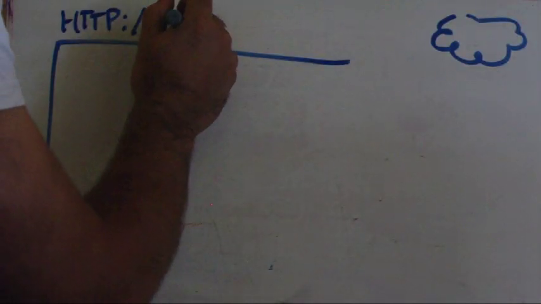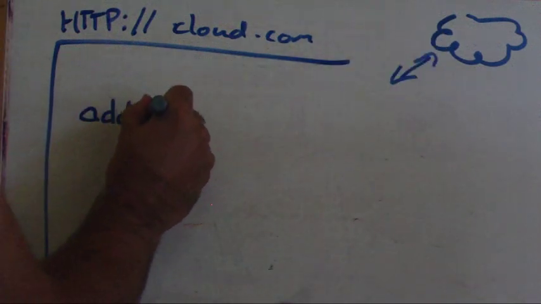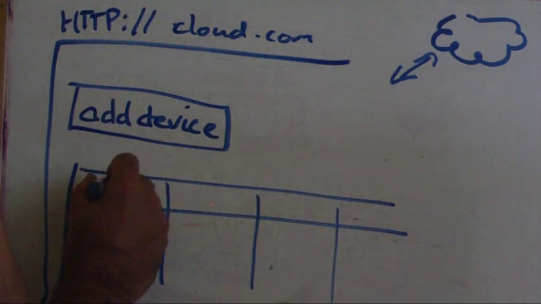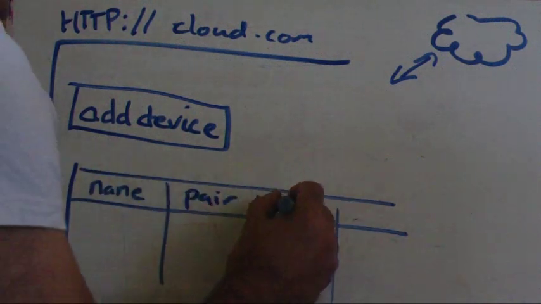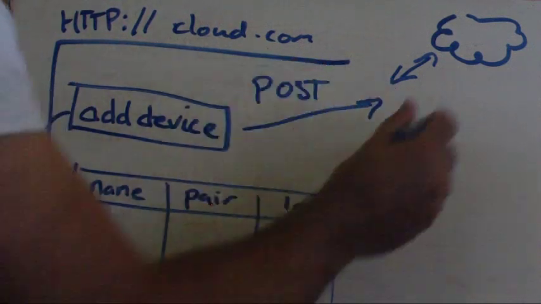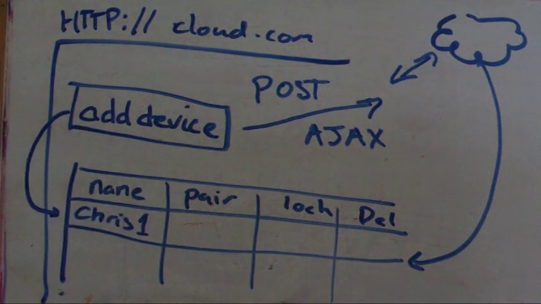If I try and draw what I mean. So I have on my web page an add device button. I can see all the devices that I've currently paired to the cloud. So I press the add device button. That then creates my device in the cloud using an AJAX post, which returns a new line into my table